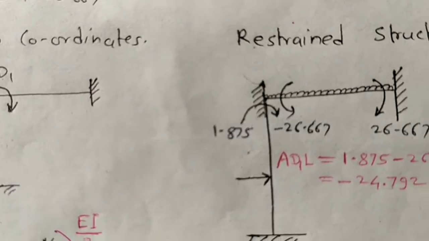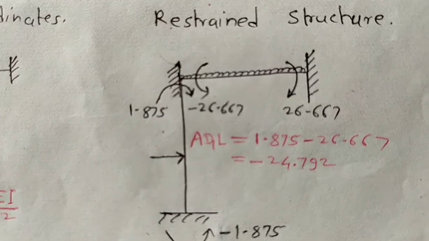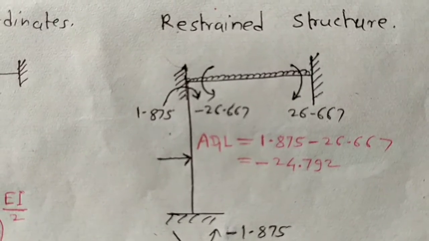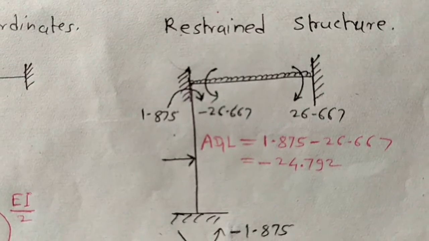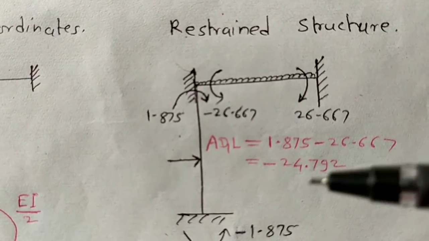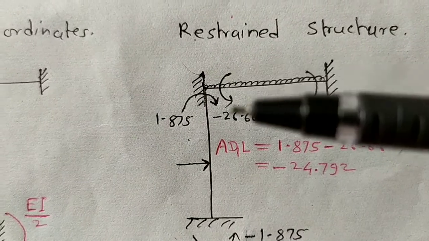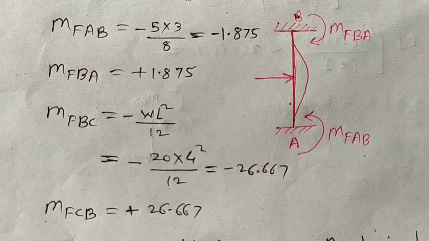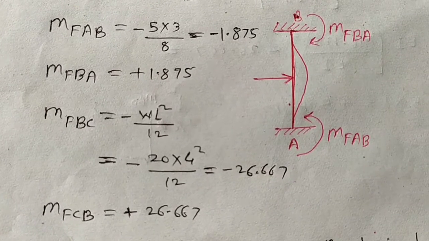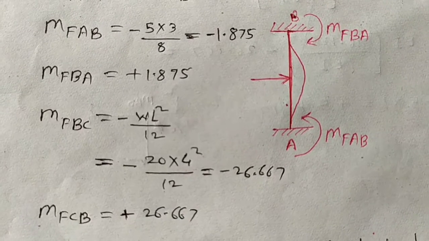Next, consider a restrained structure. Restrained structure means make all the joints fixed joints. So here A, B, C are the joints. Make all the joints fixed joints and apply the loading. Because of applying loading, we now get fixed end moments. Writing down the fixed end moments for the beam is simple, but for the column we have to be more